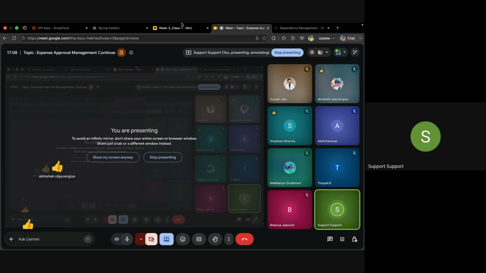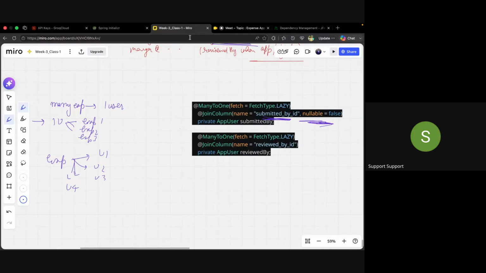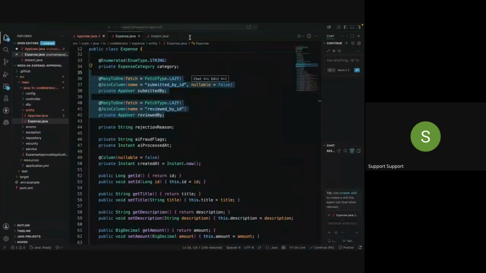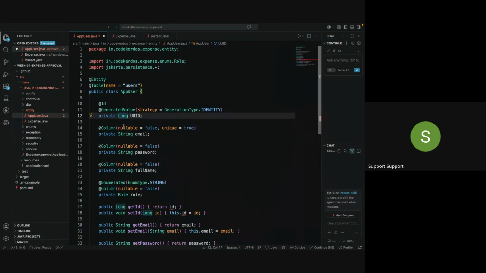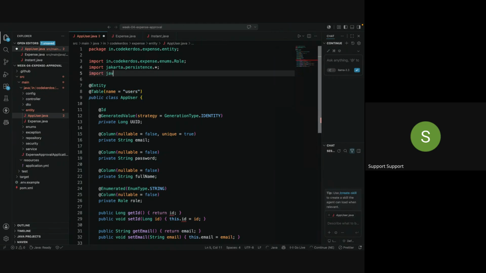Okay. Perfect. So before going to that, someone asks whether we can use UUID over here. The answer is yes. We can use it with our PostgreSQL. I'm not going to use it, but I'll show you how we can use it. The basic thing is we need to import it. So import